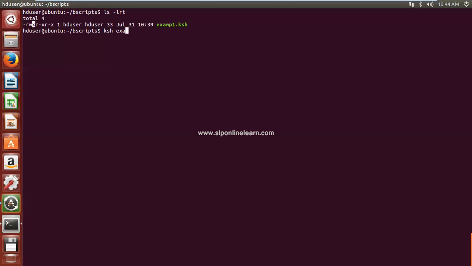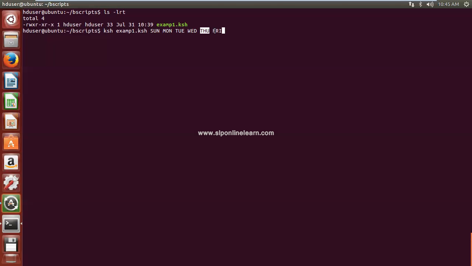This is my script, examp1.ksh, and it requires some parameters, so I can pass them while executing the script. Your script name, space, first parameter, second parameter, third parameter,